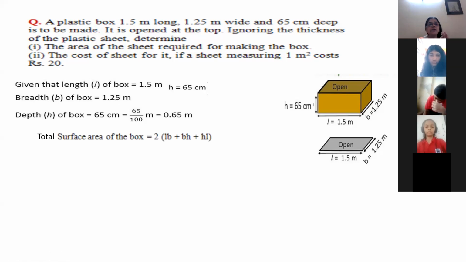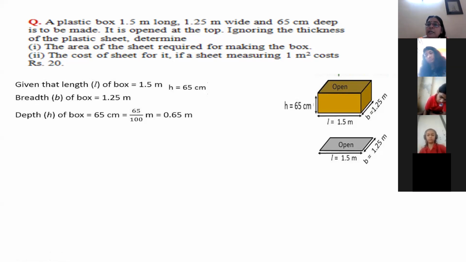Units. So when you are dealing with the sum, आपको याद रखना है कि सारे डायमेंशंस का यूनिट सेम होना चाहिए. लेंथ, ब्रेथ और हाइट, वो तीनों एक ही यूनिट होना चाहिए. तो यहाँ पर लेंथ और ब्रेथ आपको मीटर में दिया गया और हाइट आपको सेंटीमीटर में दिया है. तो क्या करेंगे हम, सेंटीमीटर को मीटर में करेंगे.